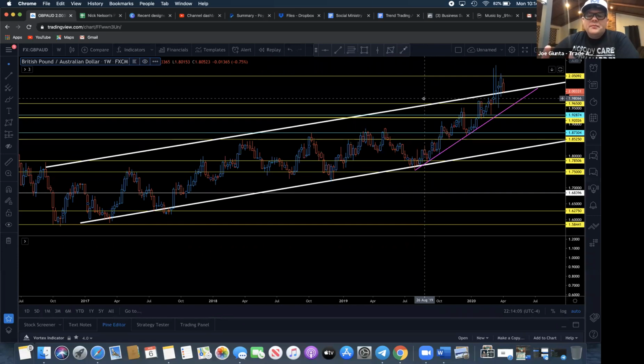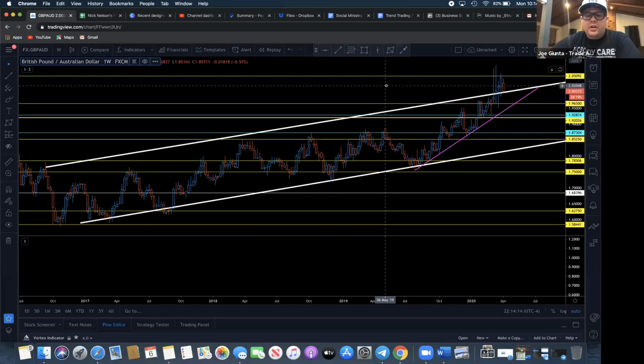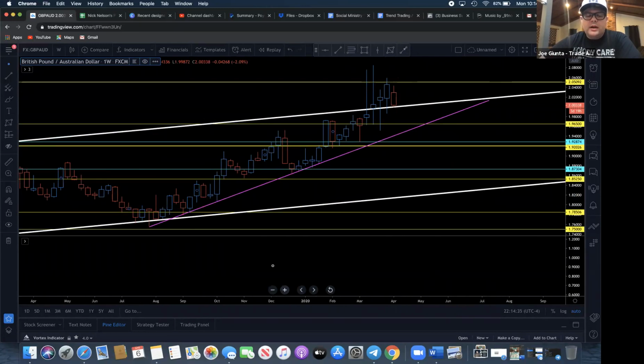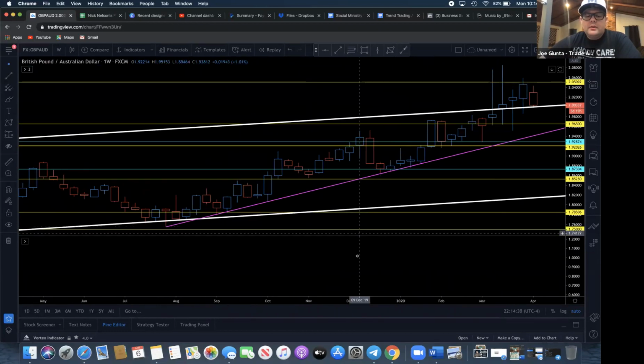So what I want to show you, and I've shown this to the class every single week for the past several months, probably some of the students who have been with me for a long time have seen this chart over and over again. But we always try to look at what we see right here, or right here. And I tell the students every week, we got to zoom out. You might look at this and say, see, that's bull movement, or see, this is bear movement. Let me give you a real good picture of what I mean.